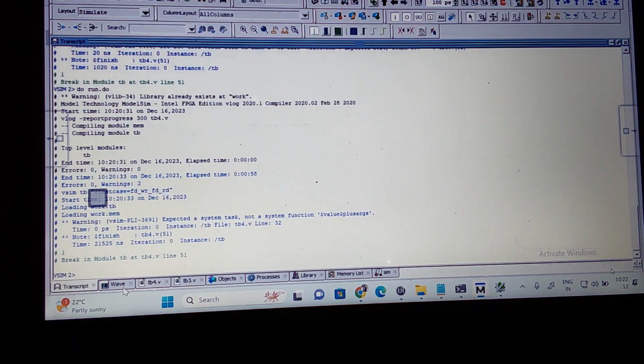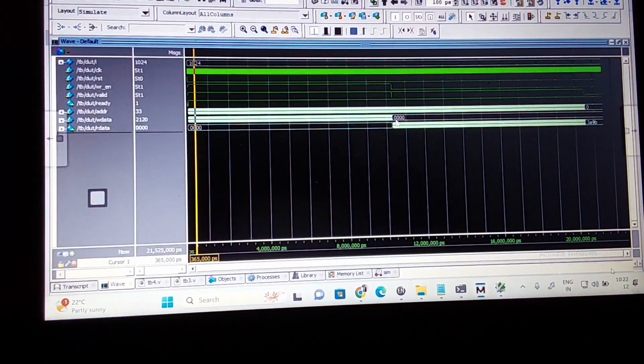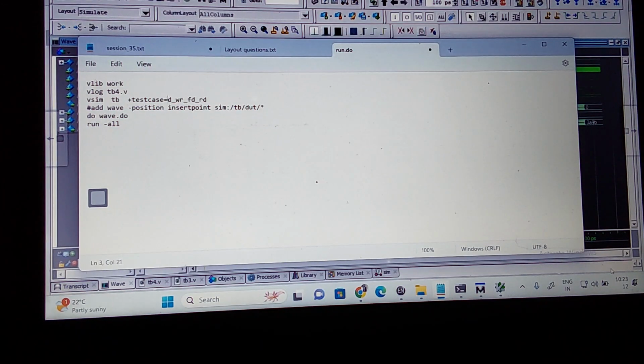Now this is the one. So this is the one. This is a frontdoor read, right? This is nothing but what? Frontdoor write, and this is nothing but frontdoor read access. For the depth of how much? 1020. You can understand. Now what I'm going to do, let us make the backdoor read, okay? Then backdoor write. Backdoor read and backdoor write.